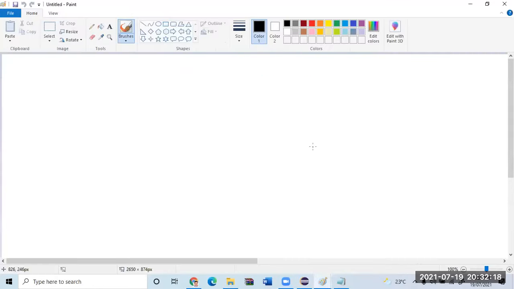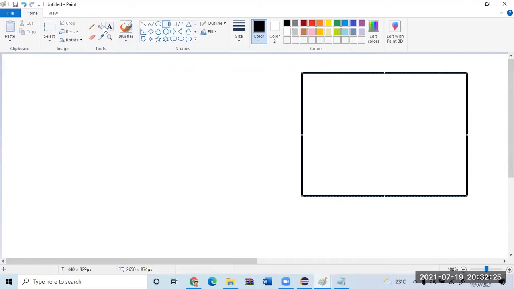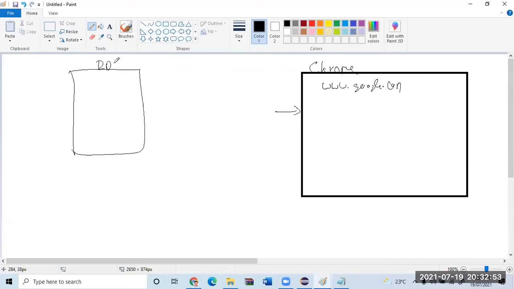Please understand this concept. What are we trying to automate using Selenium? An application. In this example, I'm using the Google Chrome browser. In that Chrome browser, there is one application, for example www.google.com. I'm trying to automate it. Am I right? Yes. Which language am I using to automate it? Java. Here I'm writing the program in the Eclipse IDE. Am I right? Yes, sir.